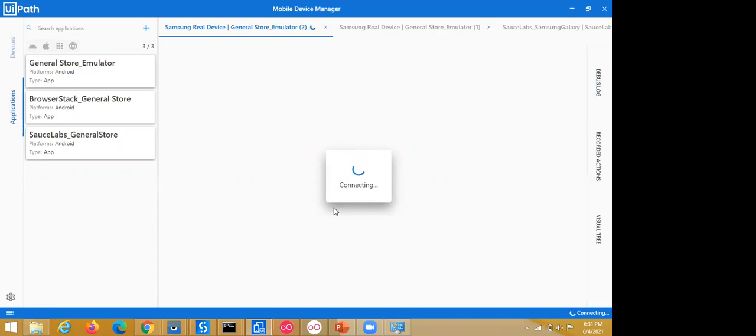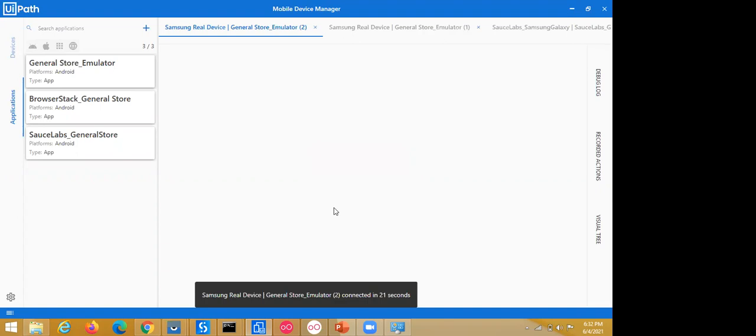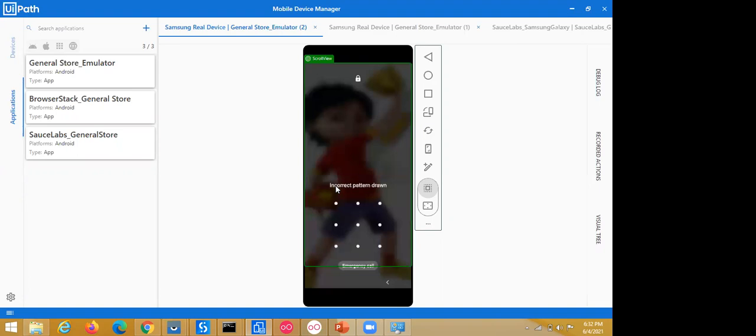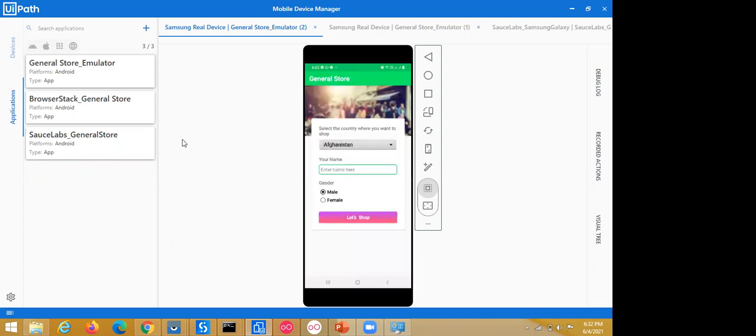I'm connecting once again. My mobile was locked, that's why.